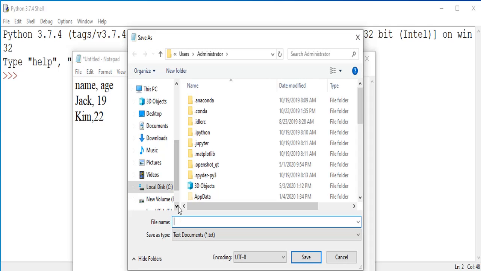While giving the name within the inverted commas, suppose the name of the file is my data .csv. This CSV is very important because it will help the program to identify that yes, it is a CSV file and it has to be treated differently. So this is a CSV and it has been stored in the administrator folder.